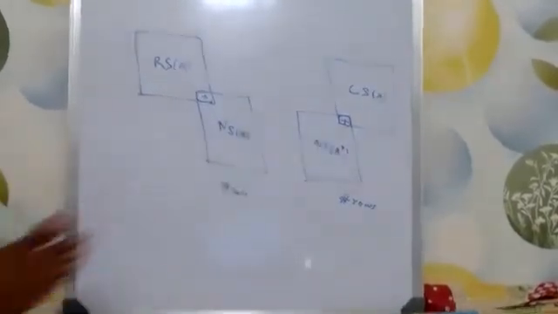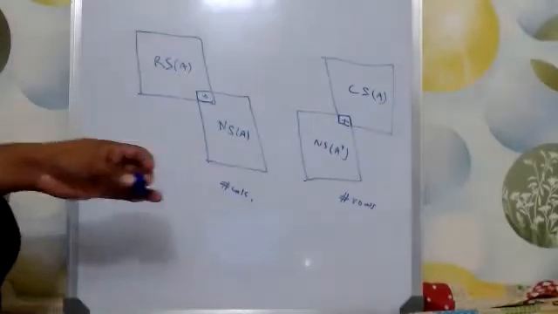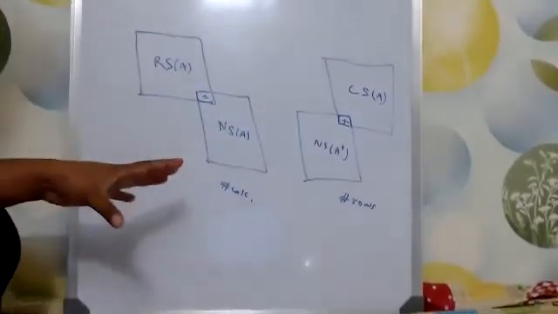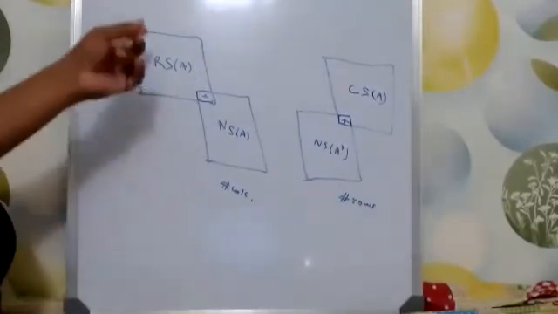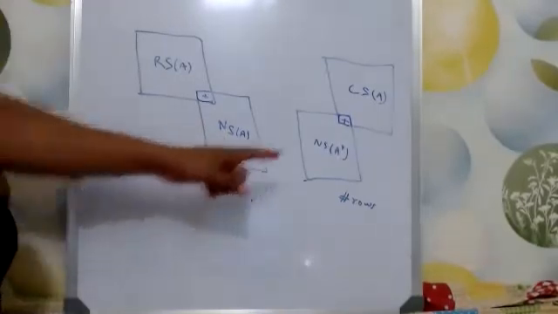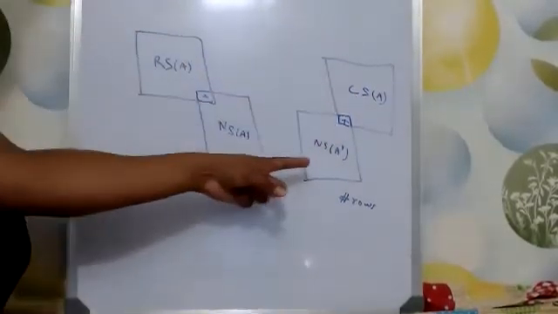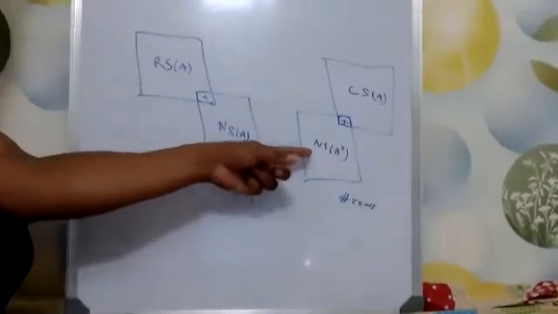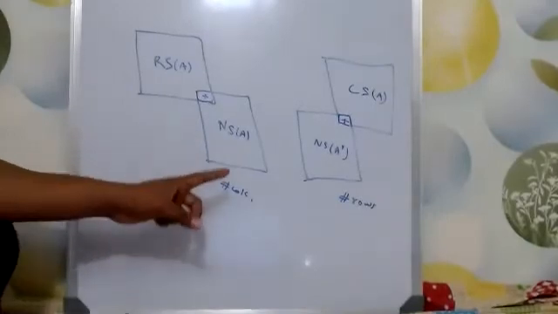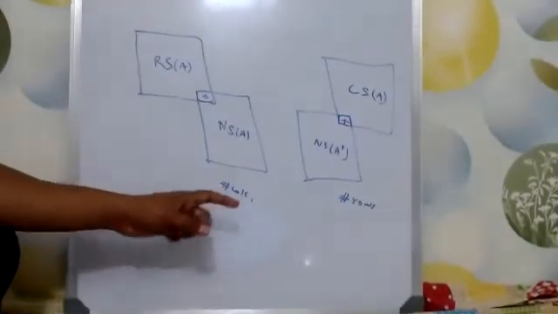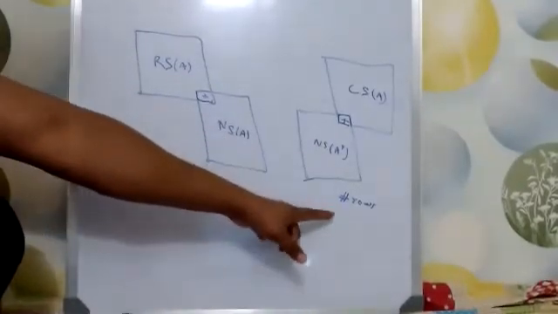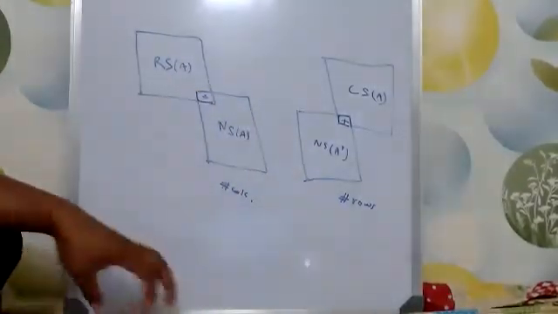So one diagram will make the entire thing that we read stay in our mind. This one has to be in the mind always. Okay, this is very important. So the row space of A is perpendicular to the null space of A. The column space of A is perpendicular to the left null space of A. The dimension of row space of A plus the dimension of null space of A is equal to the number of columns of A. The dimension of column space of A plus the dimension of the left null space of A is equal to the number of rows of A.